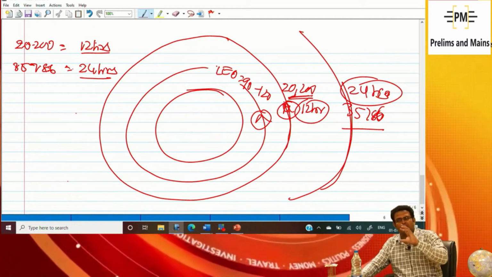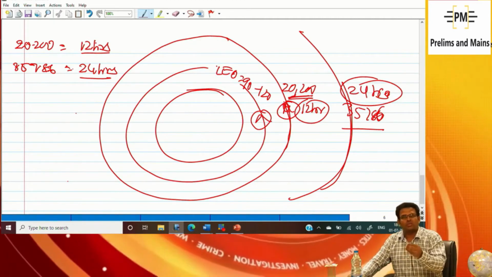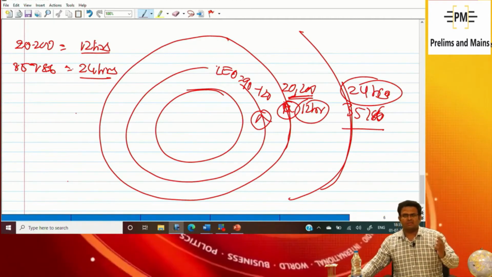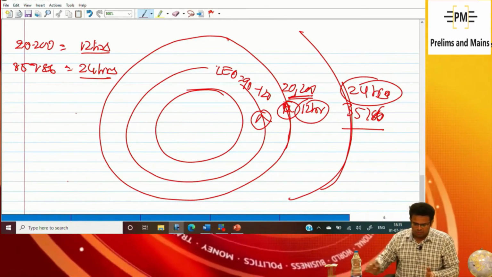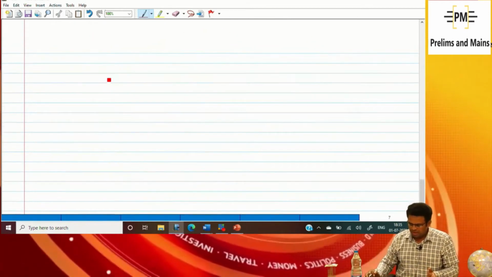So please, you are asking about the collision. If you have understood, this is clear. I said that 24 hours, again I said,